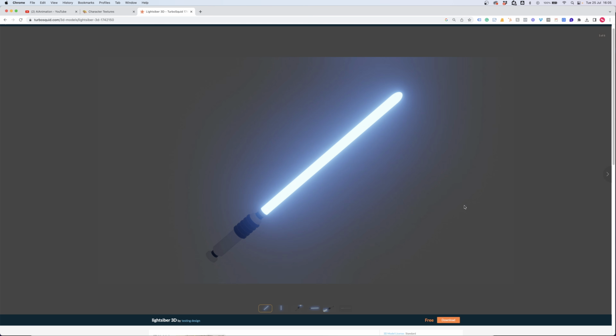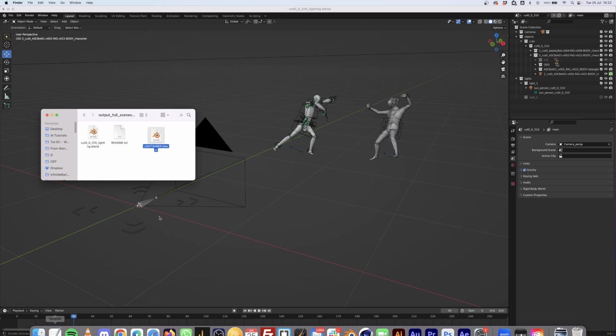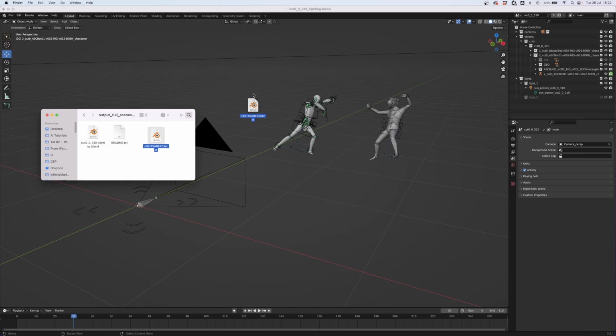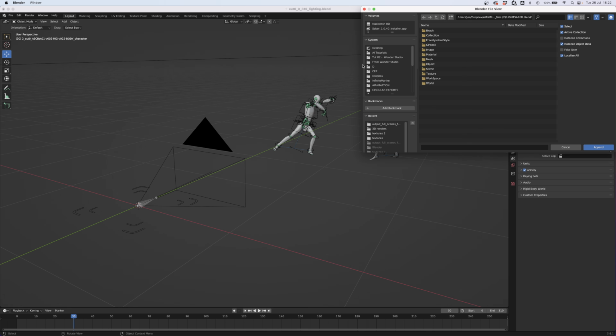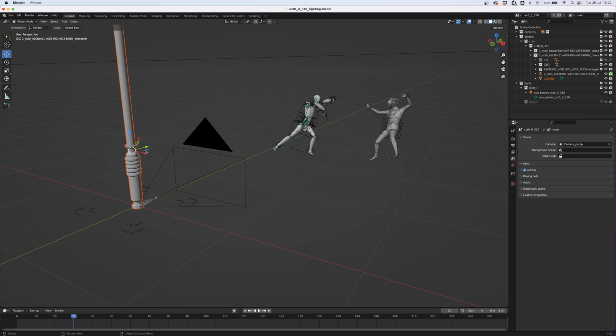Then I'm going to download this free, kind of basic lightsaber model from TurboSquid. That's a Blender file, and drop that into the scene. So if we go ahead, grab our lightsaber file, drag it over the top, press append, and I have already opened this file to check the file name. If you head into Object, Cylinder, and press append, it's going to add our lightsaber model to the scene. Quickly scale that down a little.